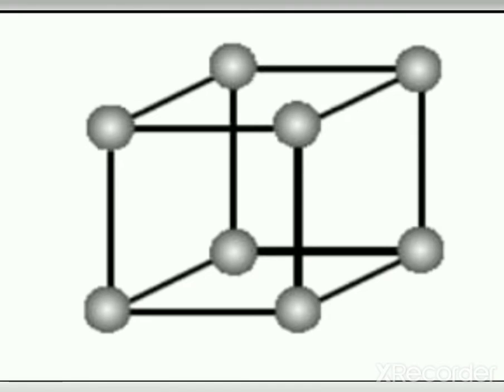Let us now try to calculate the number of atoms in a unit cell. For example, consider a primitive unit cell. In a primitive unit cell, the particles are present only at the corners of the lattice. Now, how many corners are there for a cube? 8 corners. Each atom at a corner is shared between 8 adjacent unit cells. Therefore, only 1/8 of an atom actually belongs to a particular unit cell. So, how can you get the total number of atoms in one primitive unit cell? It will be equal to 8 into 1/8. 8 corners and each corner has a contribution of 1/8. So, 8 into 1/8 is equal to 1 atom.